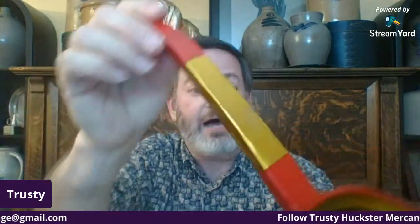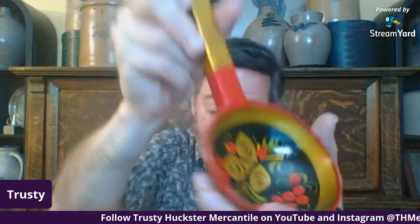But admittedly, I did not try and clean that part up because if we all remember the Georges Briard incident where I rubbed off the silver finish, I'm a little sensitive to that now. But there's no chunks missing out of it. The paint is actually in really good condition. And it's just a nice looking piece. And it is available